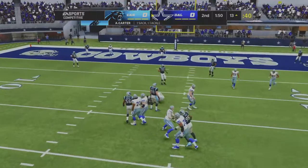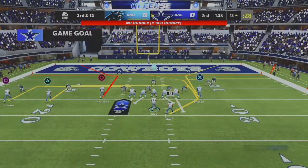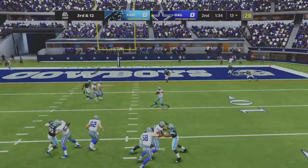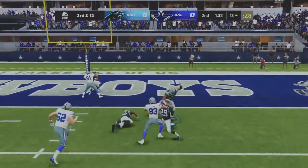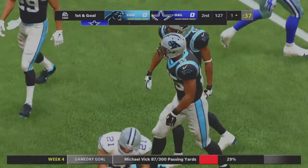And he's going to go down. Sacked back at the 13-yard line. They'll get to the line here, but remember, it's also 3rd down. To throw, Vick. Over the middle, complete. That's Barber. And the Cowboys are going to have 1st and goal as they try to finish off this drive